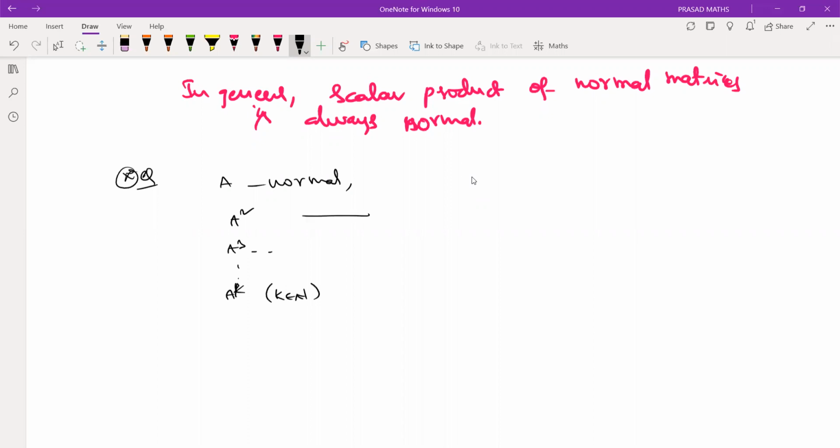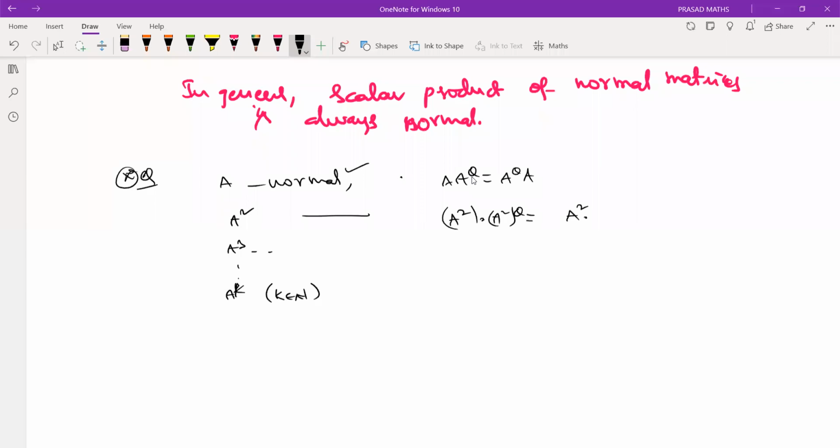What you are given is that A is normal, therefore A into A theta equals A theta into A. Now look at A squared into A squared whole theta. What is this? This is A squared into,